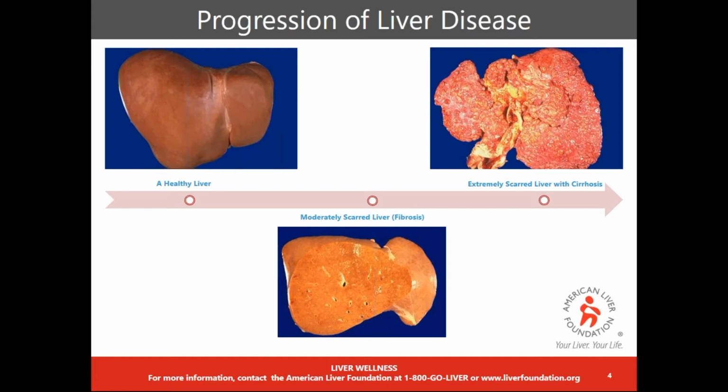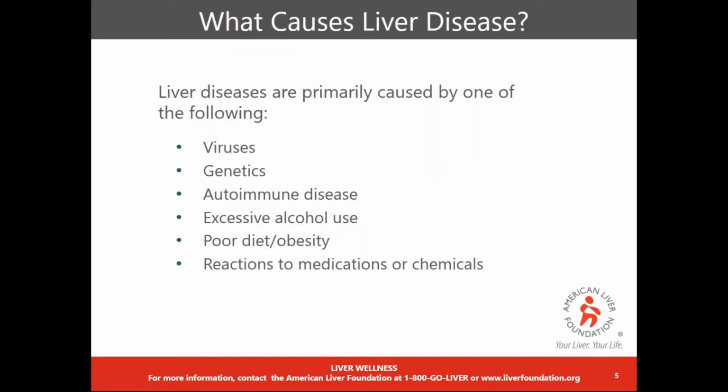Many people that have a healthy liver, when they find out something's going on, if they find out in time and they're able to meet it head on, they can reverse some of the damage. And that's what's so great about our liver. It's the only organ that can rejuvenate itself. Now, there's no rejuvenation coming back from this type of cirrhosis, but this patient may have been eligible for a liver transplant or a partial transplant, which could have prevented